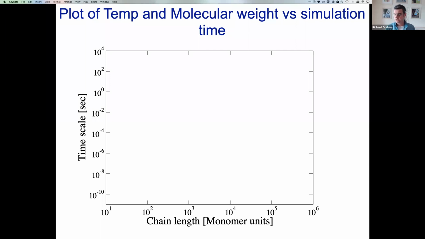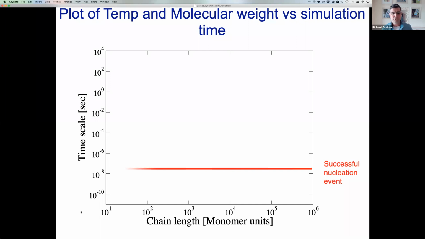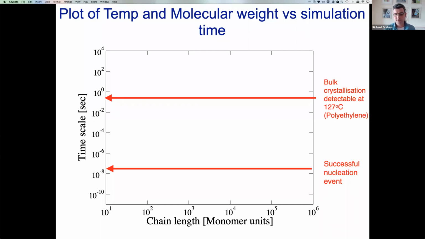Okay, so to attach some numbers to these sort of time and length scales, I've got a plot here of the time scale in seconds, and you could argue that virtually this entire range is relevant to polymer crystallization. And we've got a plot of molecular weight down here. So if we put some numbers in here, we can see that a successful nucleation event is very fast. So I'm thinking about the time that the nucleus first appears to when it successfully nucleates. So by analogy, the time at which you first flip a head and go on to flip the remaining 9 to get the successful event. That event is very short, but the time typically to be able to detect the crystallization in experiments is much more up here, perhaps maybe a fraction of a second if you've got some really nice experiments, but